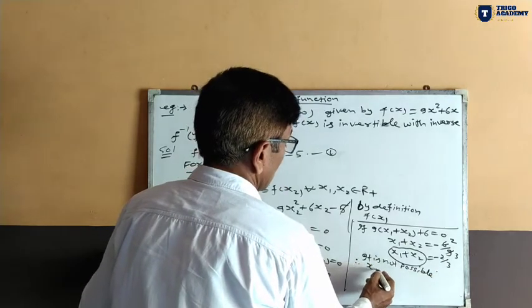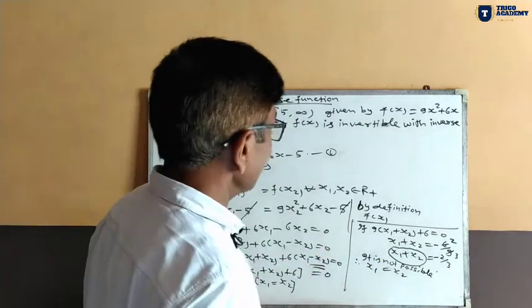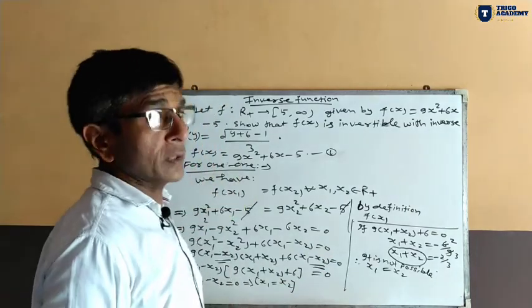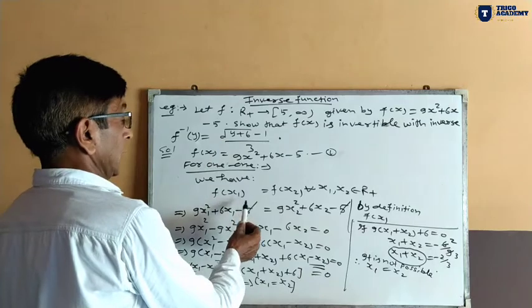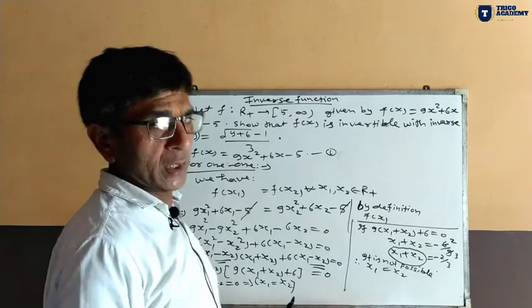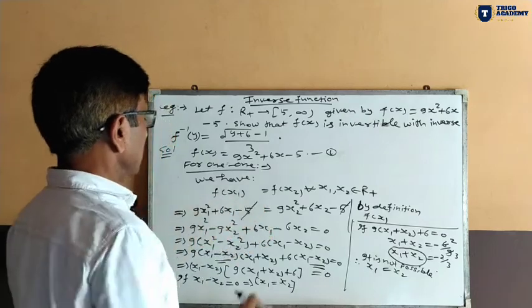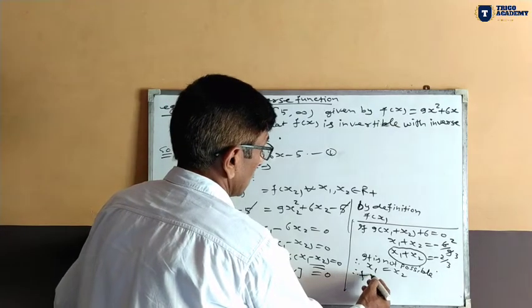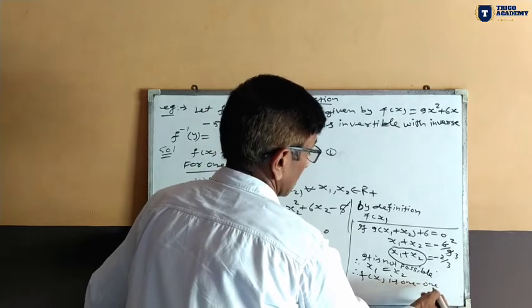Therefore, one condition is possible: x1 equal x2. In this way, we can say this function is one-one. Here x1 x2 are equal, due to this f(x1) and f(x2) both are equal. Elements equal हैं, their images भी equal हैं. Due to this function f(x) is one-one. So therefore f(x) is one-one function.